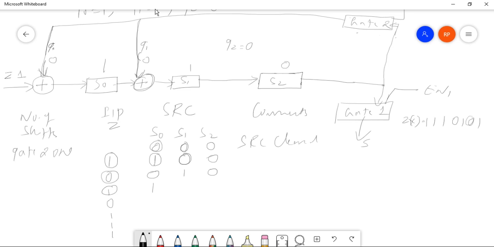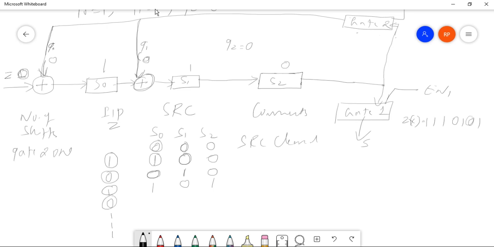The old value of S0 is 0. The value which is coming is also 0. So 0 plus 0 will be 0. The old value of S1 is 1. That will be shifted to S2. So the new content is 101. Okay, like that. Next